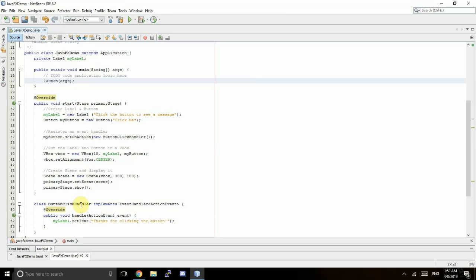In our button click handler class, you can see we've got our handle method. What our handle method does is it sets the text to this message here. So if I run it,